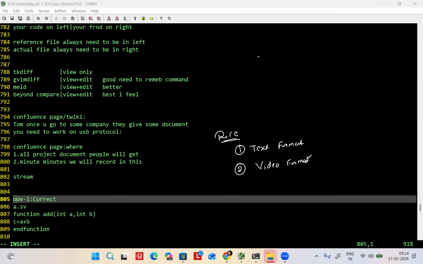Correct. Does anyone have a third way? No, right? Either you will get it in text format or video format. Text format means, in the public, you will search in Google. Video, YouTube.